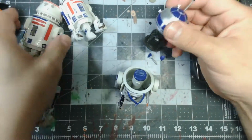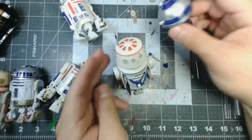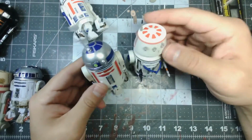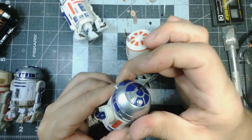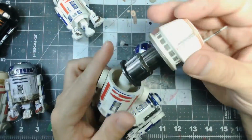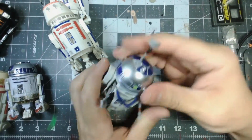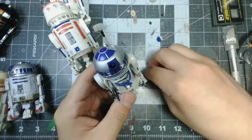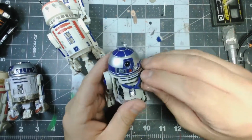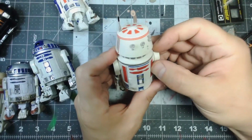upgrade. But yeah, I think the heads are made to be interchangeable, as they do reuse the droid body, so I'm not sure if the detailing underneath the neck is just a way to kind of add some extra flair to the droid. But if you look at the X-Wing diagrams and the Jedi Starfighters, when the droids are in the navigation seat, their heads are extended from their bodies. So I'm hoping that eventually we get a HasLab Jedi Starfighter or an X-Wing, although I know that may be